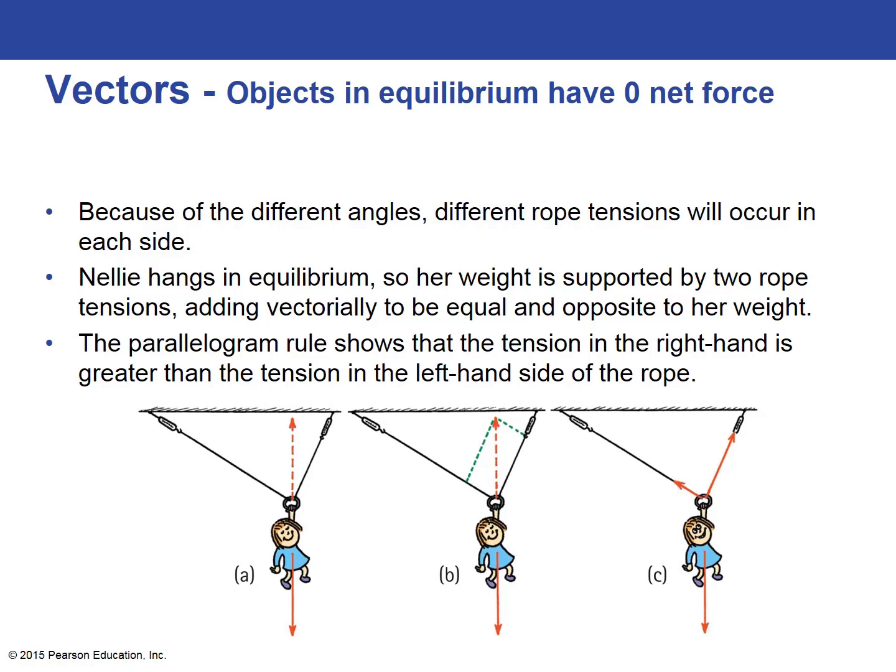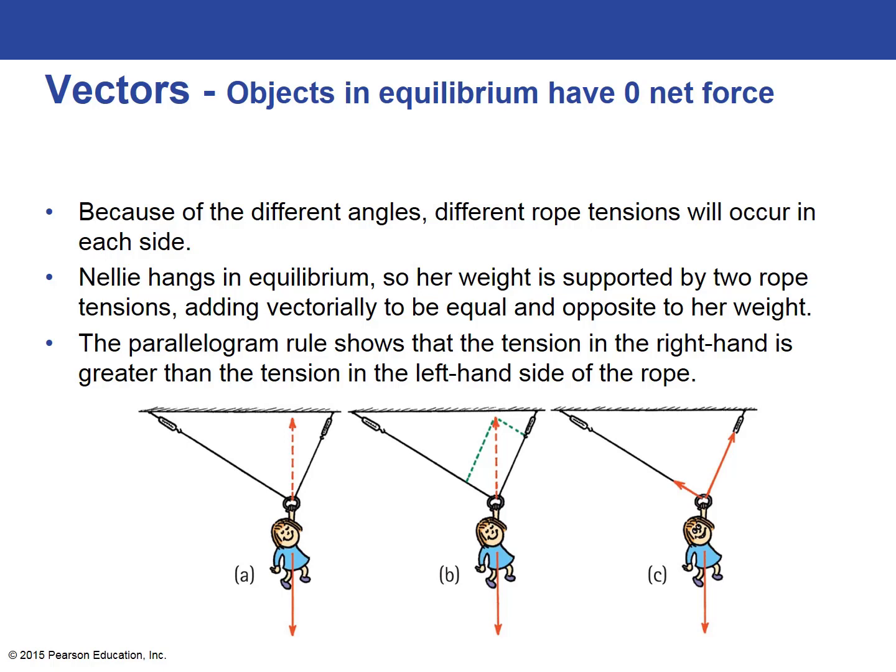And there are three forces acting on her. One is the force of gravity, which is down, which is simply her weight, and the other is the force of the rope, which can only act along the direction of the rope because the tension in the rope defines the force. So there's a force pulling up on the right side